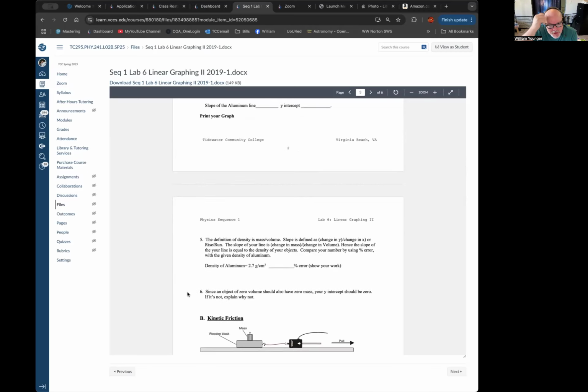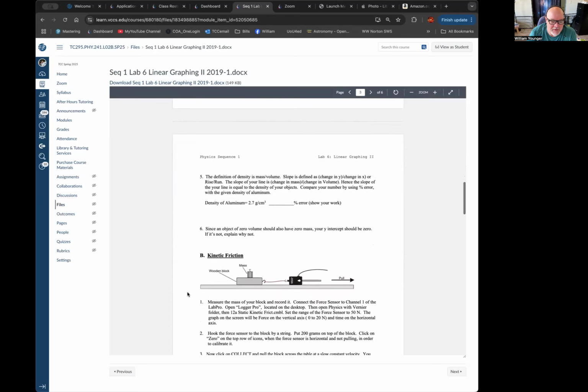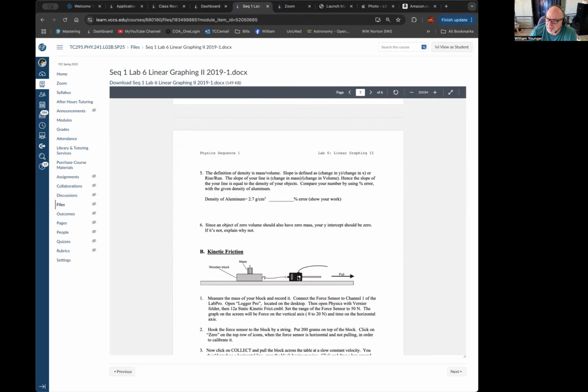There is a part where you're actually going to study kinetic friction, and in that case, you would be pulling. Of course, we're going to give you the data, but you would be using a force probe that measures in newtons and reports it to a Lab Pro that puts it up on a screen of a computer. In our case, we'd be using Pentium type computers or whatever. But either way, it actually shows in real time how much force is being supplied by the force probe, and they would ask you to drag this block of wood with a certain amount of weight on it